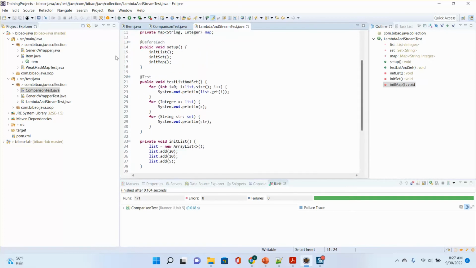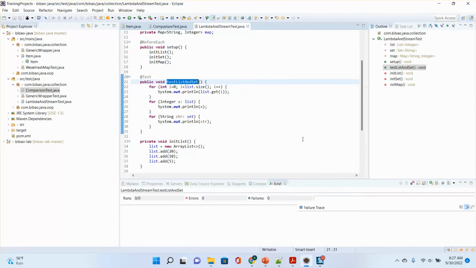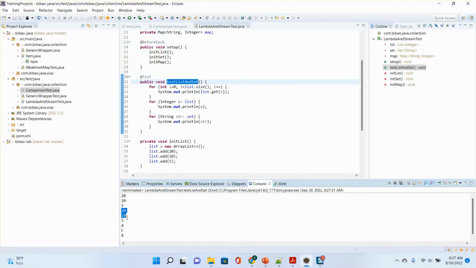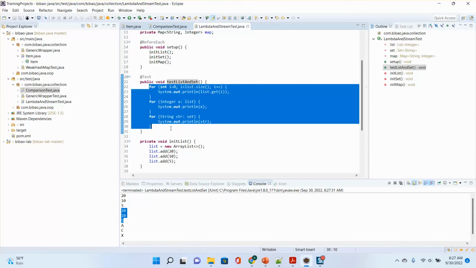So this is the basic way. Okay, this is the first, the traditional way. This is in the for loop, and this is this way. Now I remove this one. I think this one I don't have to keep the code. If you want to keep it, you can keep it yourself. Now I test